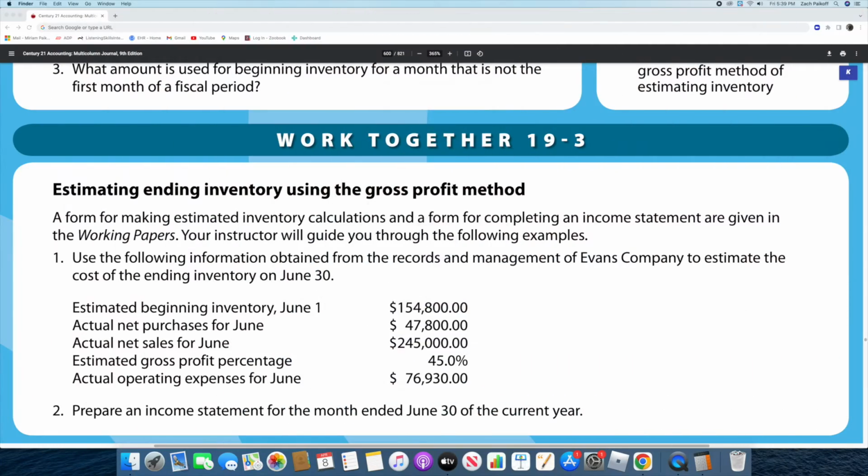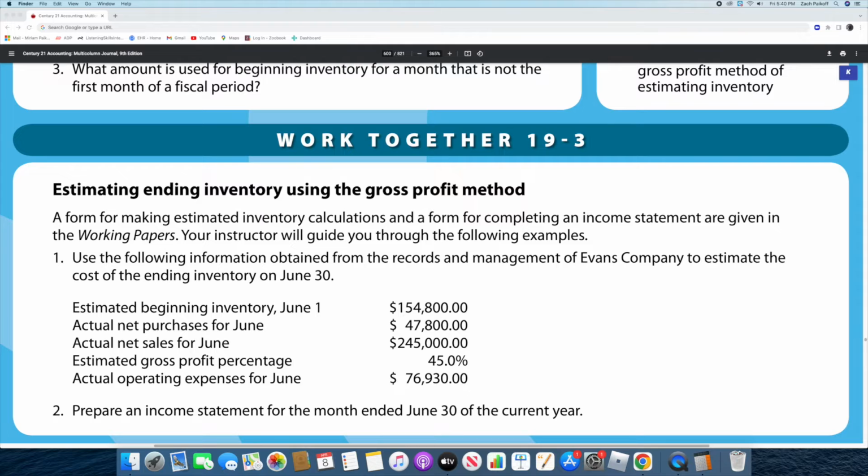Today, I will be going over the 19-3 Work Together. So let's jump right into the video. Okay, so as I had stated before, I'm going to be going over the 19-3 Work Together. In the last video, I read over the 19-3 text. If you did miss that video for any reason, please click the link in the description. But anyway, today I will be going over the 19-3 Work Together, where we will be estimating ending inventory using